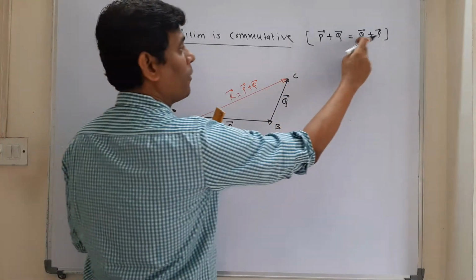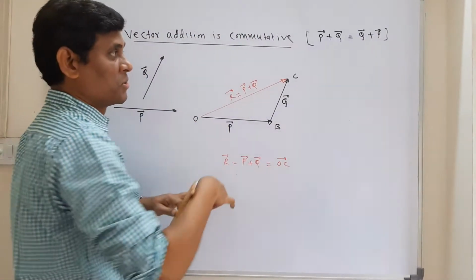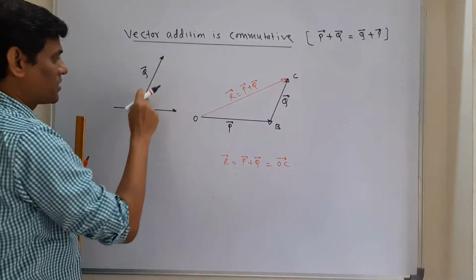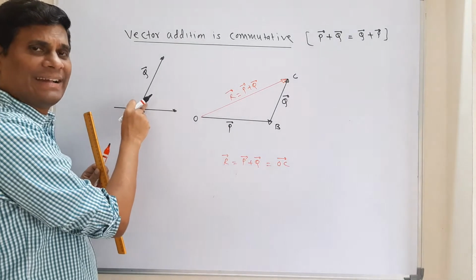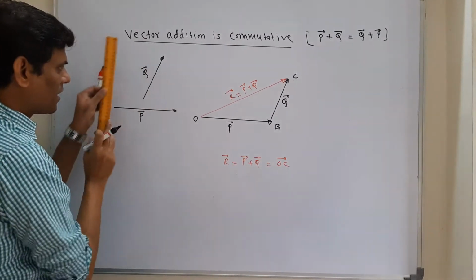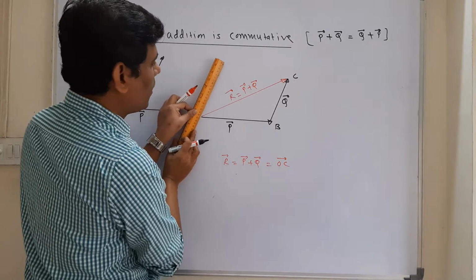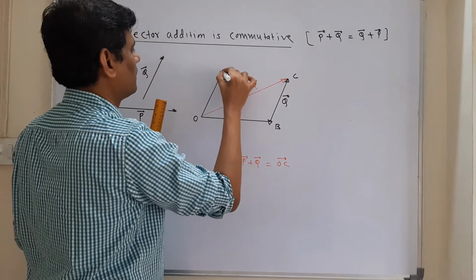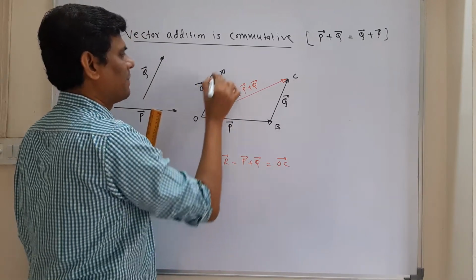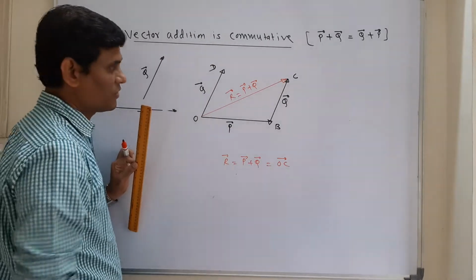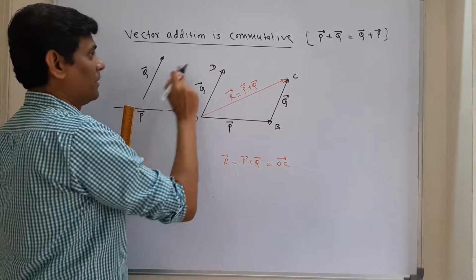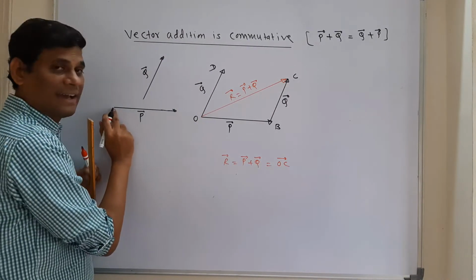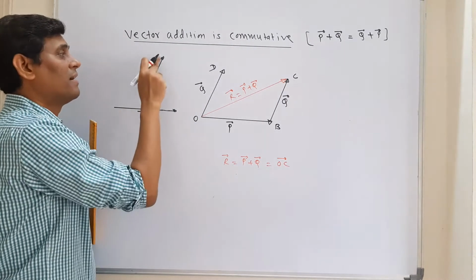Now second part, Q plus P in the same diagram. So first we have to take Q, then we have to take P. So where is Q? This is Q in magnitude and in direction. So I'll take this vector Q in magnitude and direction at point O. So this is the direction of Q. Say Q. Let us represent this as D. So first vector I took Q. Now the next vector is P. That means the tail of this vector must be on the head of this vector.